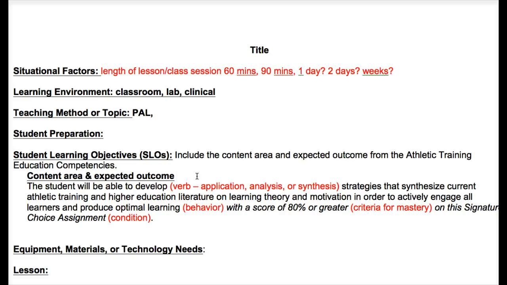both the content area. I can't remember some of the content areas, I'm blanking on one of them right now, prevention or whatever. Just list it and then put the expected outcome word for word, quote it, cite it, and then you're going to write your student learning outcome or student learning objectives, whatever terminology you want to use. They're all pretty much the same